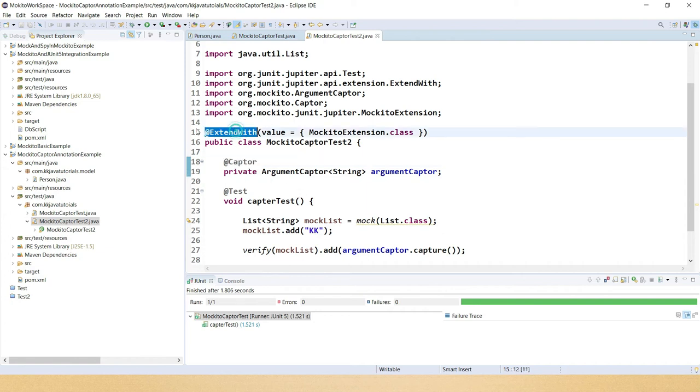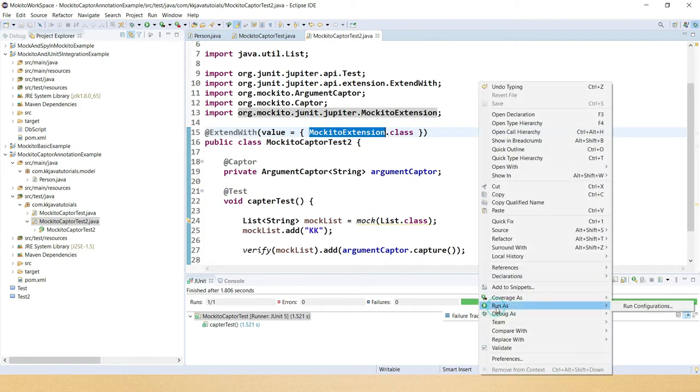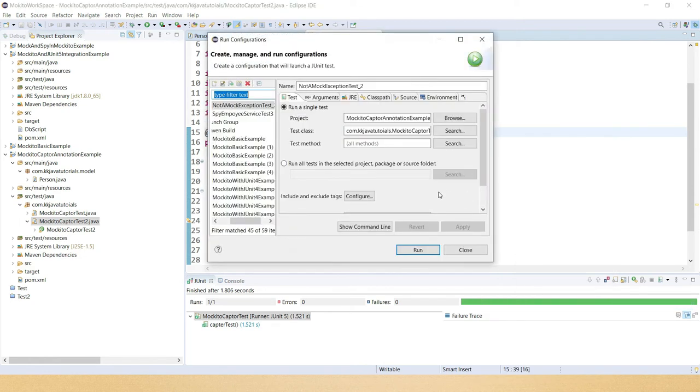But here I have just annotated the class with @ExtendWith, and you just need to provide MockitoExtension, and that's it. Another way to enable annotations in JUnit 5 or Mockito 3, I have already shown in many previous videos, so you can refer to those videos.